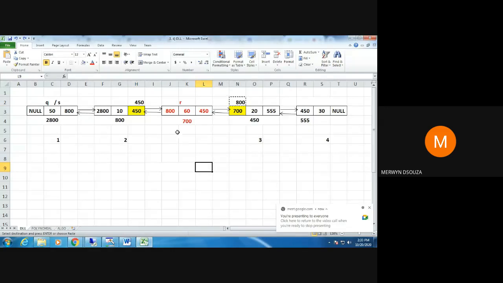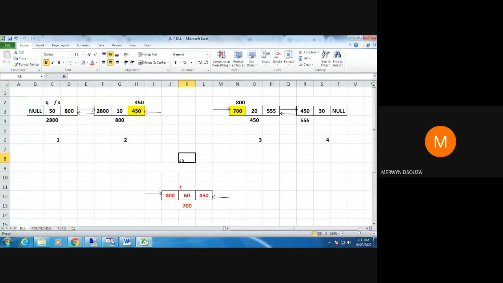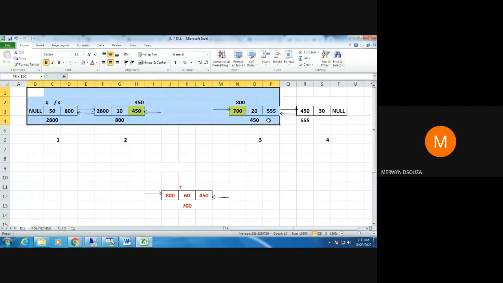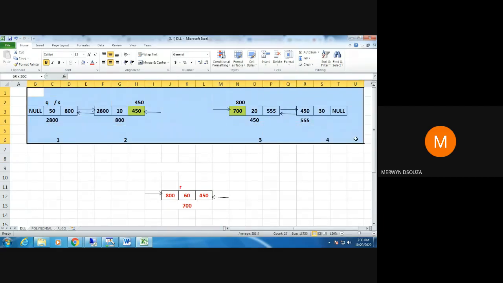Okay, so what we are trying to do now is delete this node. When I delete this node, suppose I delete it, I'll just paste it down here. I delete this node. Suppose this node is no longer there, this linked list will get delinked. It will not be joined.